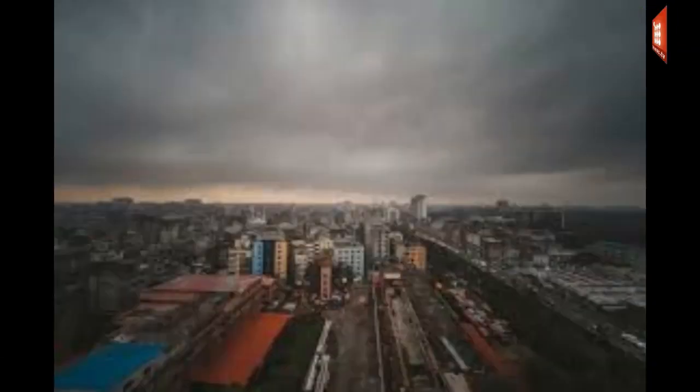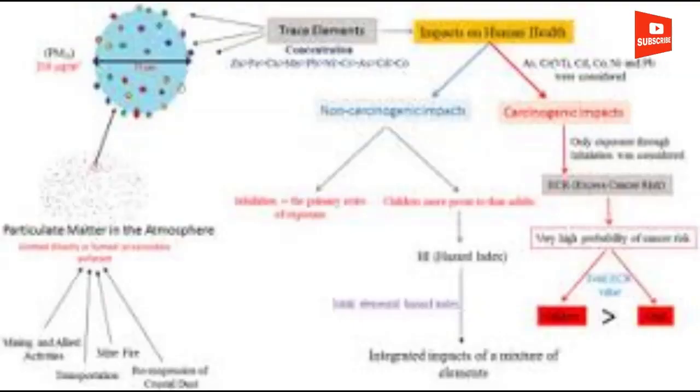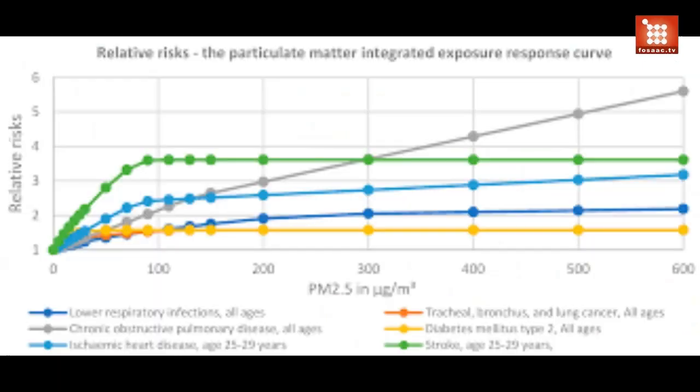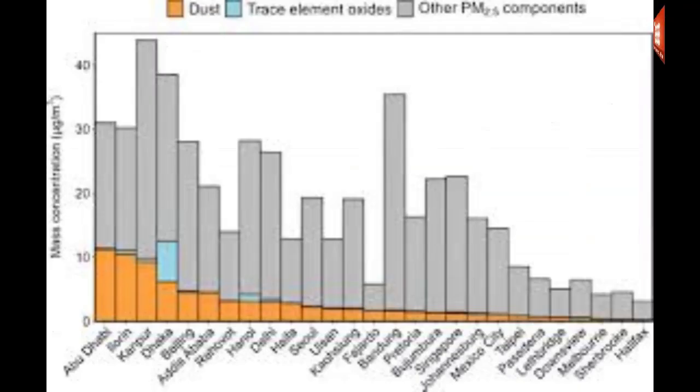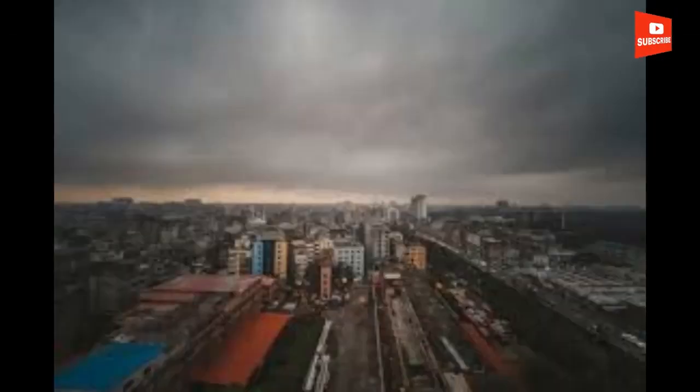However, unlike pollen counts and other allergy indices, which are carefully tracked and widely available, limited knowledge exists about the ambient concentration of cancer-causing trace elements like lead and arsenic in urban areas of developing countries.